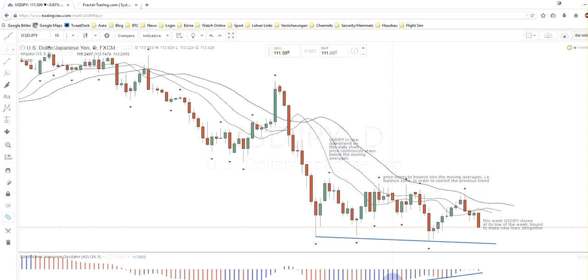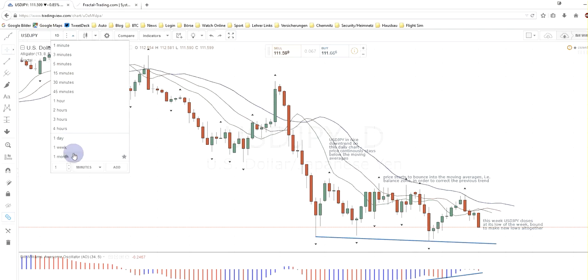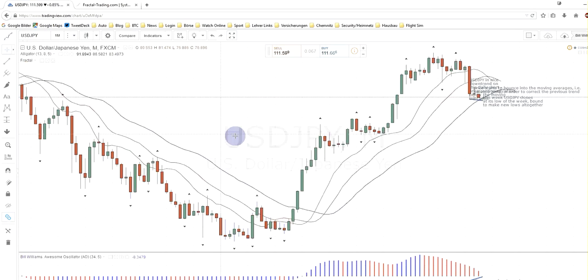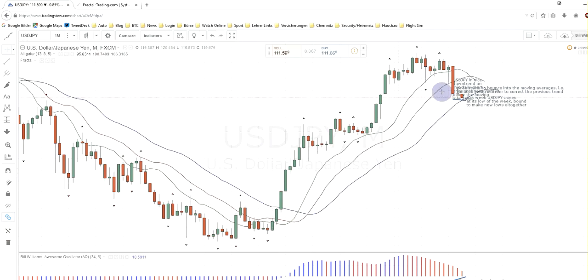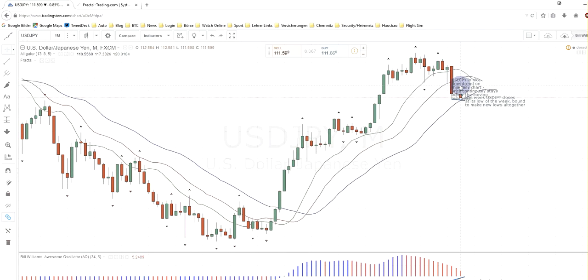There will probably be a new low, and on the weekly it actually looks like there's going to be quite a bit of room left to the downside. But again, in the US dollar we are trading into a correction. We are not quite outside of the balance zone yet. As you can see here, this is the monthly chart of the